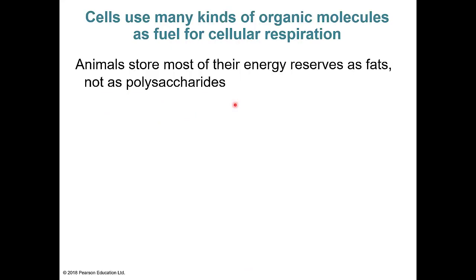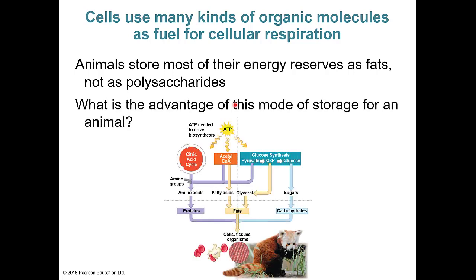Animals store most of their energy reserves as fats. If you have excess energy, you don't typically store it as a polysaccharide. You store a little bit as polysaccharide in your muscle cells as glycogen, but you don't store a lot that way. Most of the energy that we have, if we have excess energy in our body, we're going to store it as fat. And one of the reasons for that is that if we just look at the overall chemical